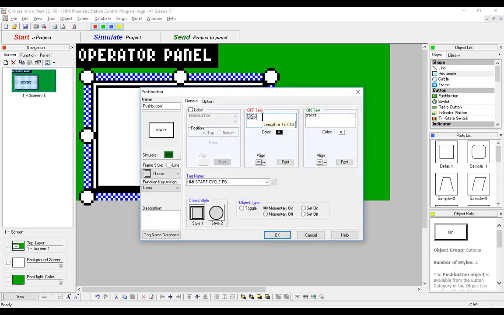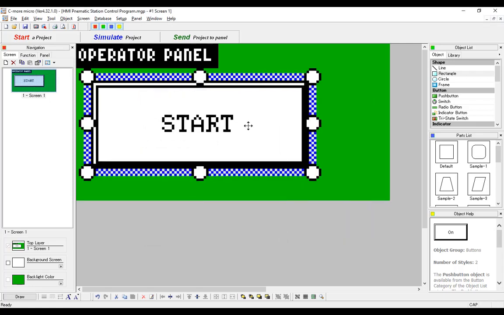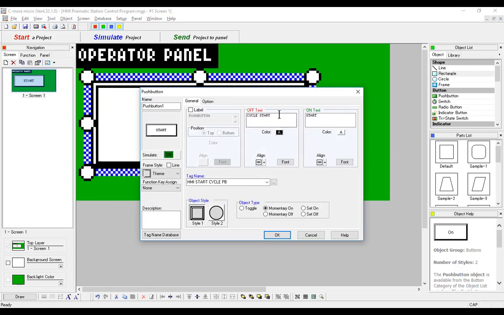I can't do that. I gotta go here, Cycle Start. Oh, that's because I'm looking at the off text and the button is highlighting on. I'll go back to Cycle Start